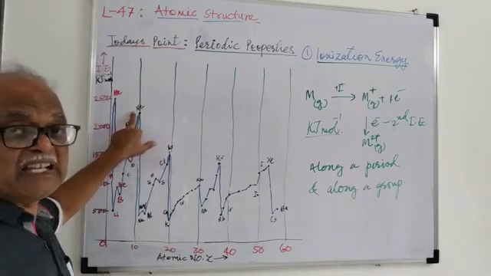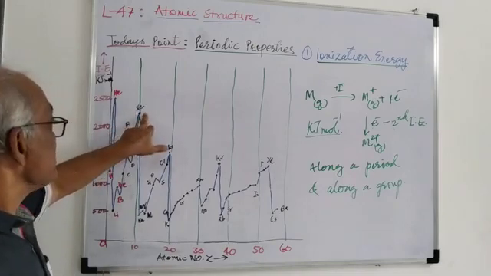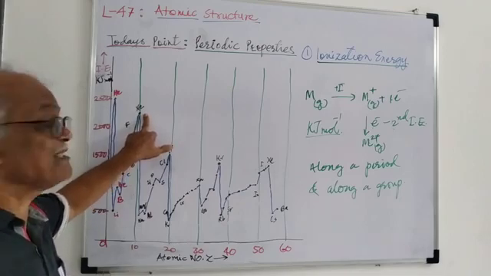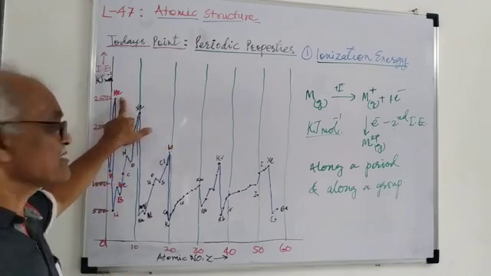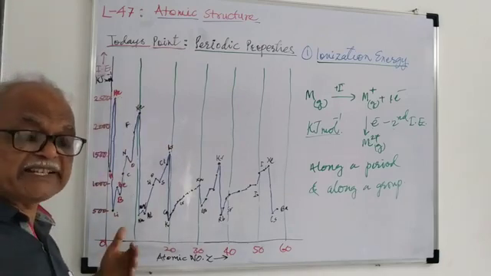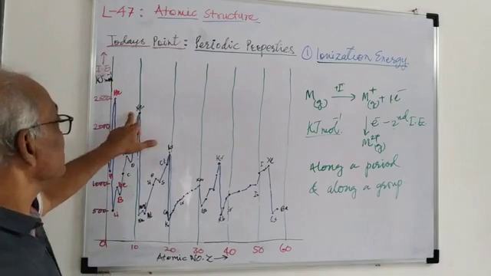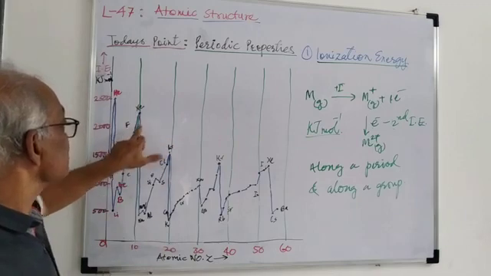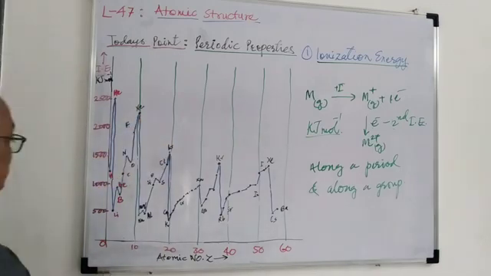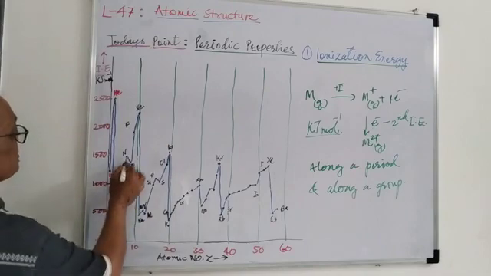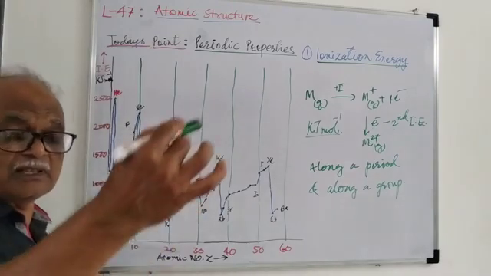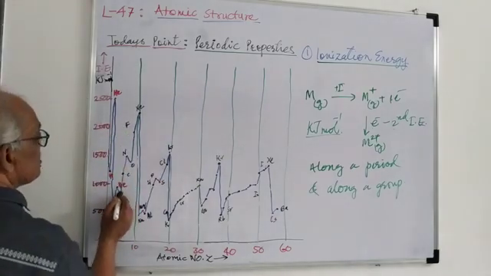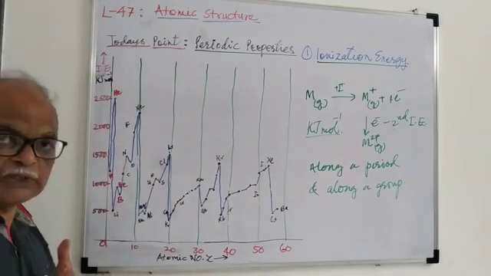the p subshell is completely filled, and therefore neon attains more stability. Helium also gets more stability because it has completed the available 1s orbital. In the case of neon, it has also completed the 2s and 2p, while helium has 1s. You will find that when you move from lithium, boron, etc., there is a gradual rise in ionization energy. But in the case of boron and oxygen, you will find some lowering of energy.